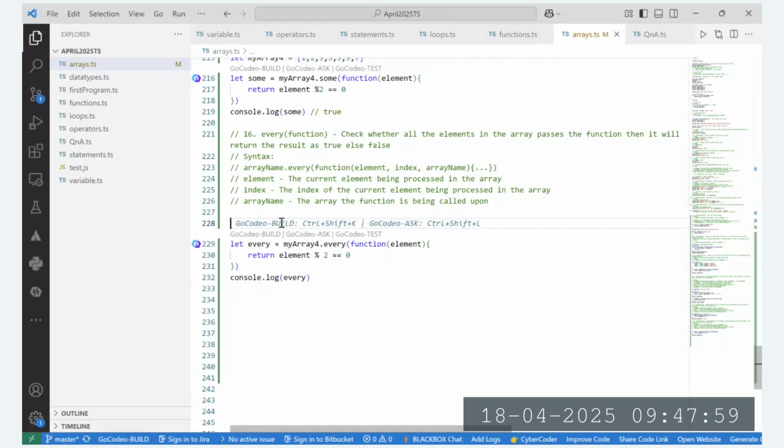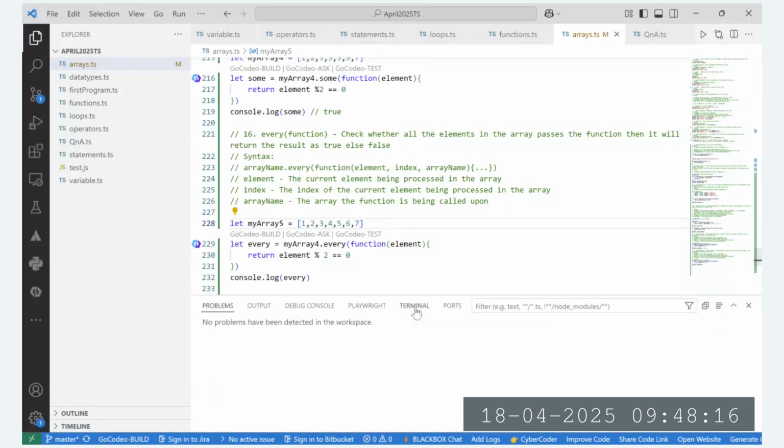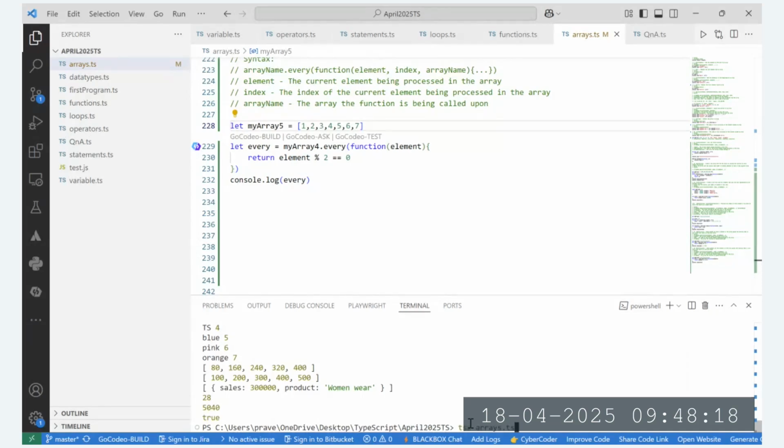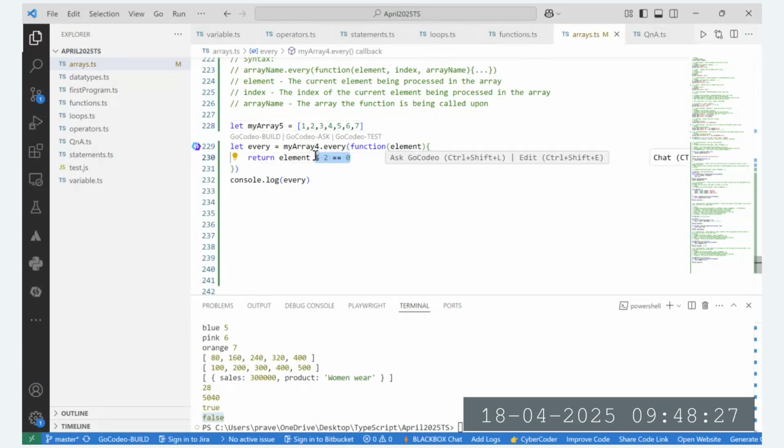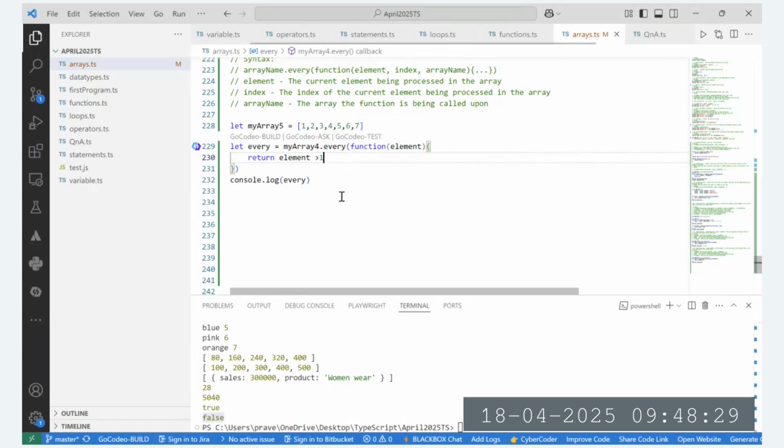Okay, so in this case, we can define an array like this. We have one number, we also have, let's say, two, we have 6 over here. So we have 3 different numbers that are even and 4 that are odd, right? So in this case, every will return false because all the elements are not even numbers. But when you say, let's say, element is greater than 1,